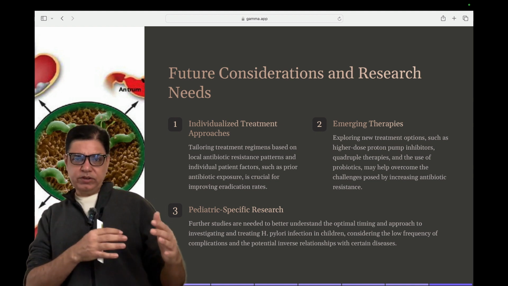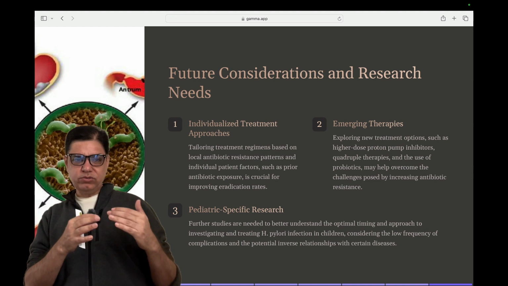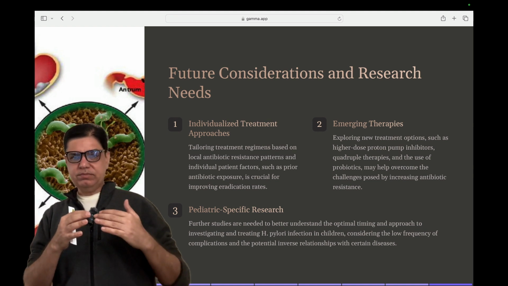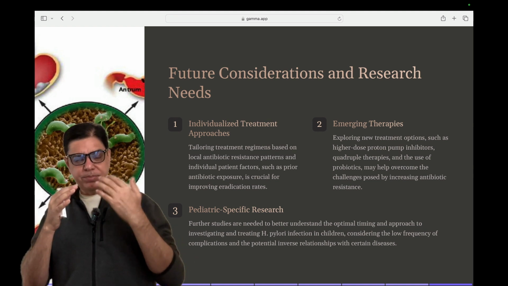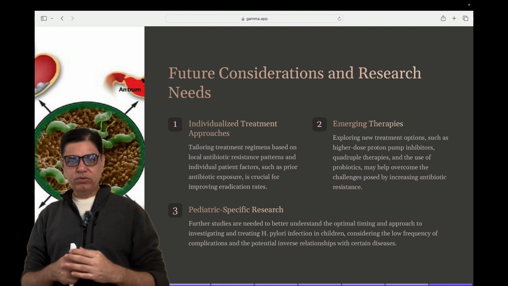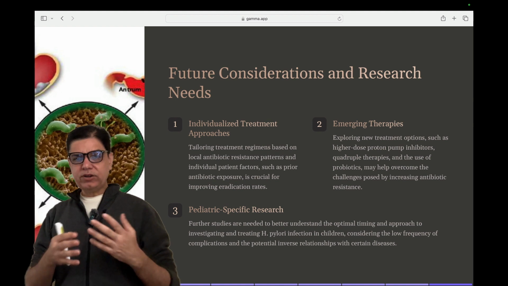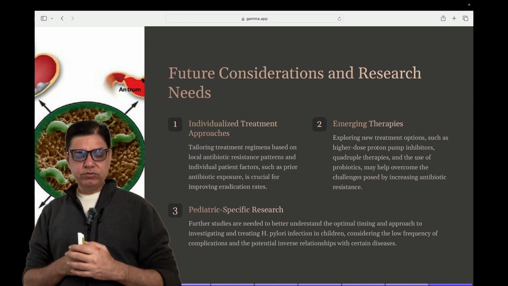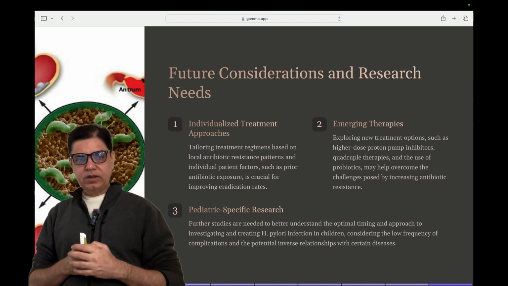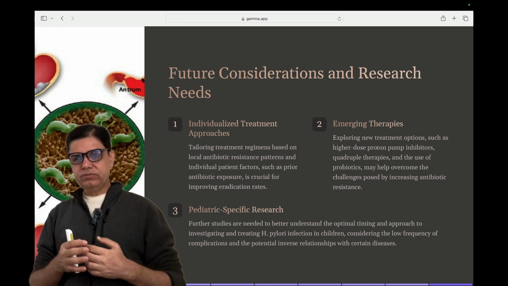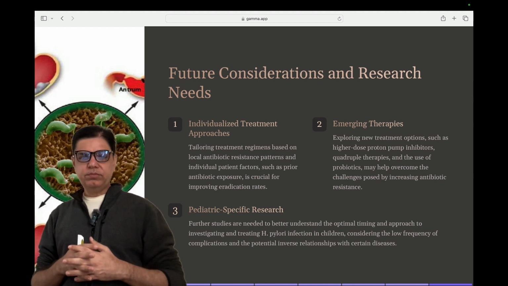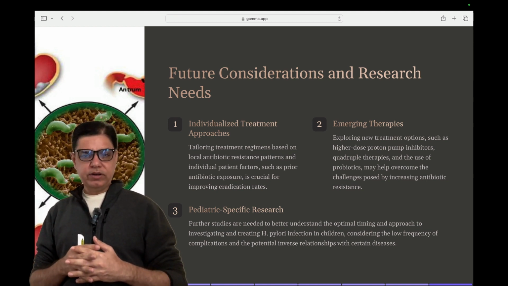And because most of the research has focused on adults, it's also high time that research is focused on the pediatric age group to find out what would be the best treatment modalities, and if there are any further diagnostic approaches which can be utilized in children to diagnose this well in time, and also to measure